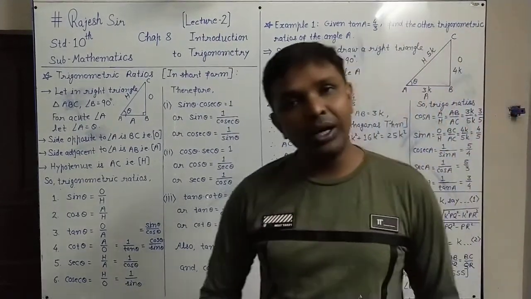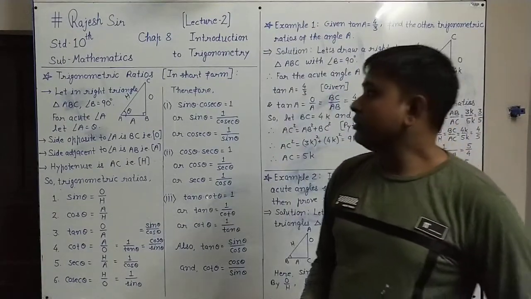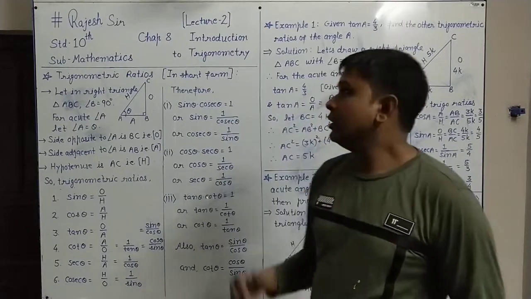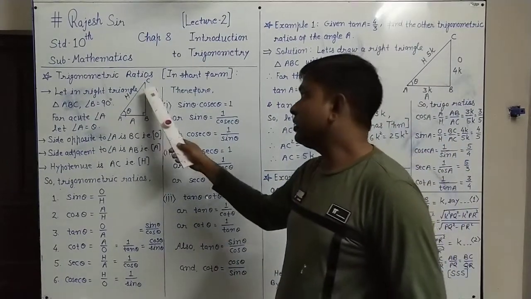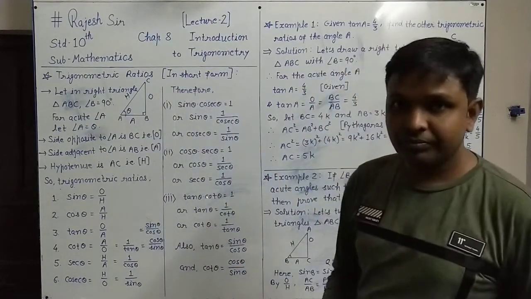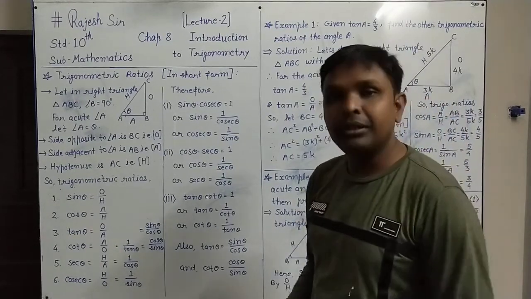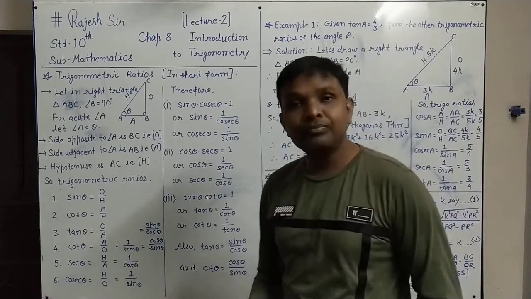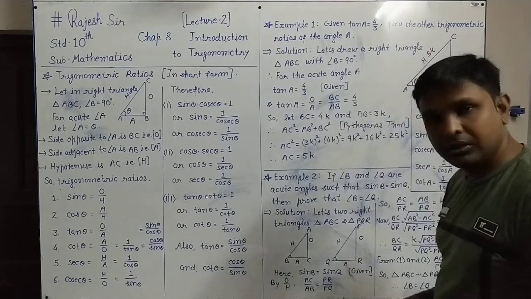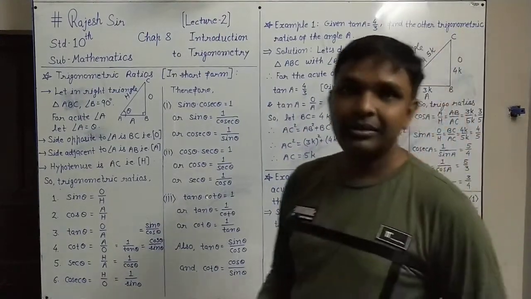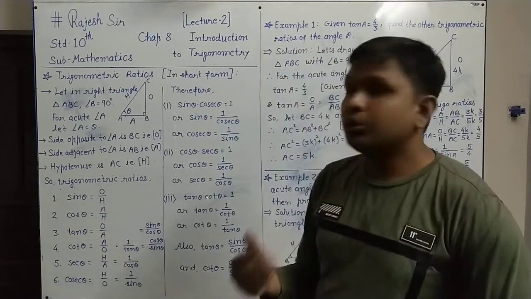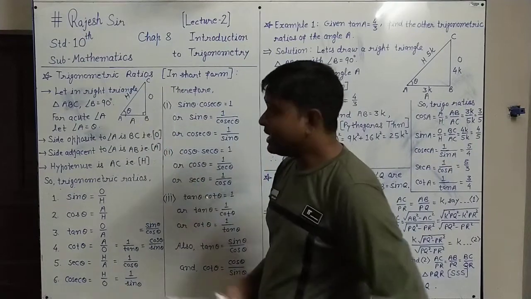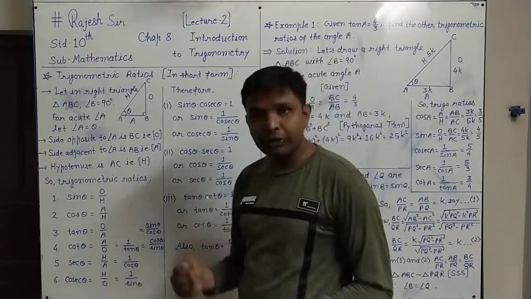In lecture number 1, the previous lecture, we have seen the trigonometric ratios in detail, and we have understood them. Here, we will see the same thing, the trigonometric ratios, in short form so that we can remember them for a long time. It will be very useful in solving the examples and the questions of the exercise, and you will be able to solve them very easily. As we have seen in the last lecture, here is the repetition but in a short form.